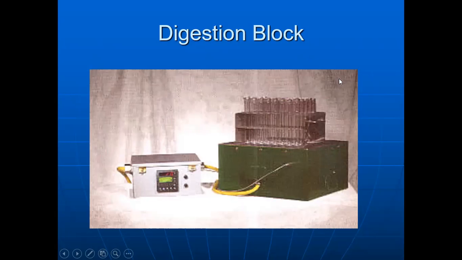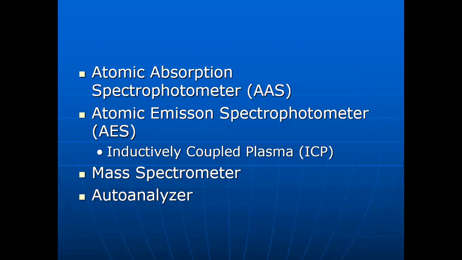This is a very old digestion block, but nowadays it is coming in integrated mode. The digestion block will be on top, and an integrated timer will be there. This digestion block is mostly used for our plant sample analysis. For plant sample analysis we mostly use digestion blocks, with diacids and triacids, but once the digestion block came, everything became very simple.